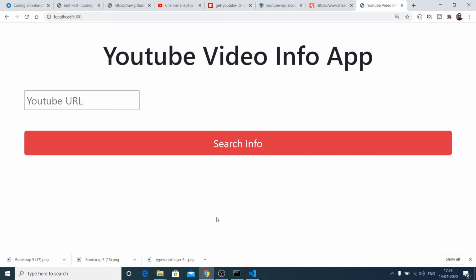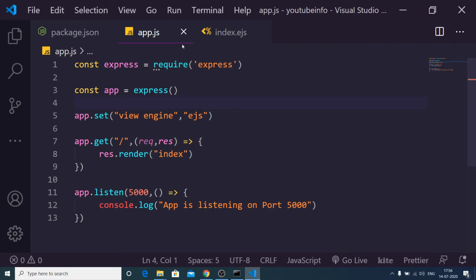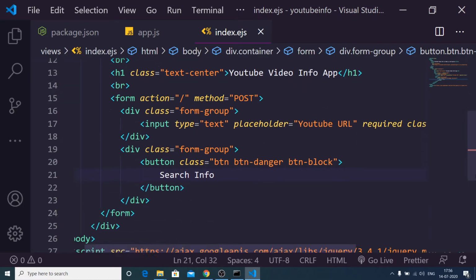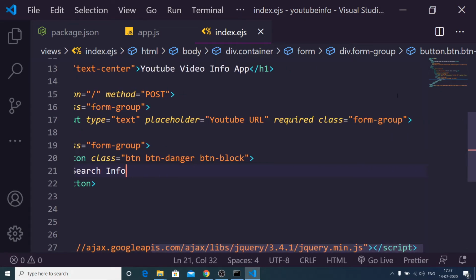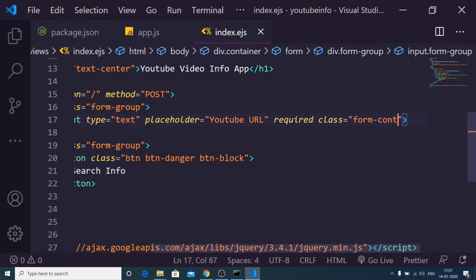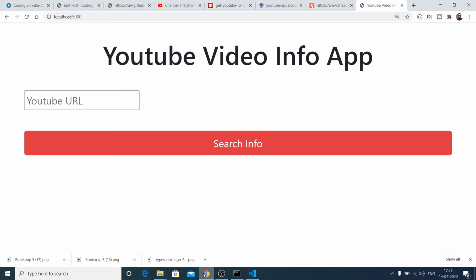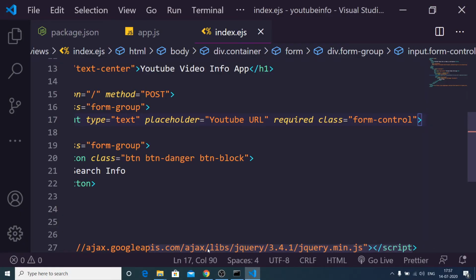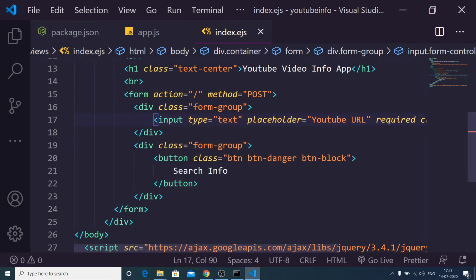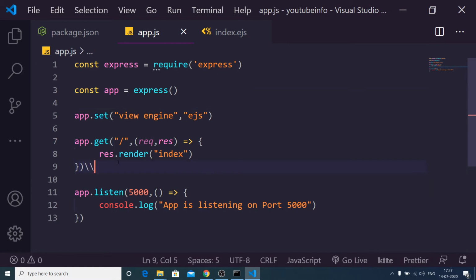Now you can see that the input field is not looking great. So for fixing it, I think we need to wrap, oh sorry, this needs to be form-control. If I change this and refresh, you will see it fixes that. Now basically I need to make this post request which is coming here, and obviously we just need to give it a name attribute, url.